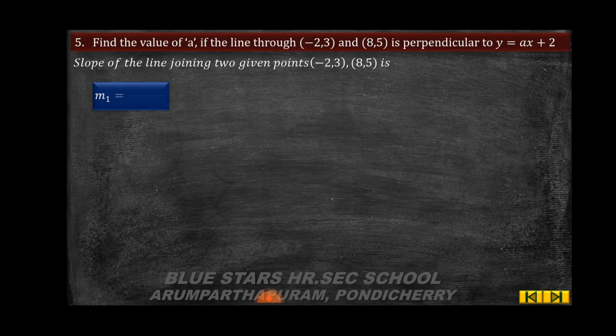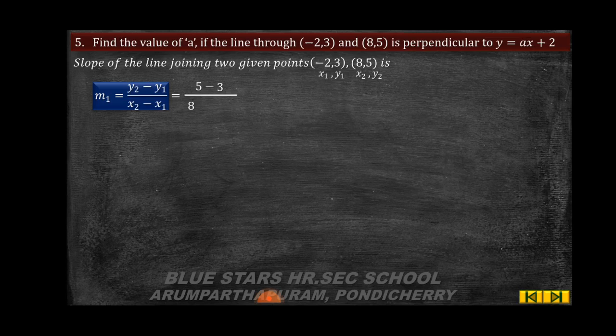So the slope of the line joining the two points (-2, 3) and (8, 5): the formula for finding the slope, the two-point formula, is m1 equals y2 minus y1 divided by x2 minus x1. You just substitute the values of x1, y1 and x2, y2 in the formula. So x1 is -2 and y1 is 3. x2 is 8, y2 is 5, which is equal to 5